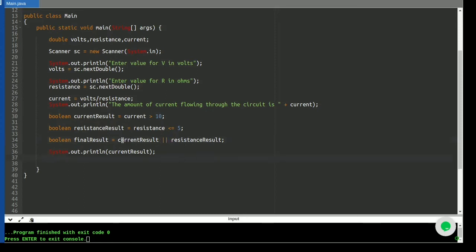The result of this overall evaluation is going to get stored in another boolean variable by the name final result, and finally we are printing that final result.